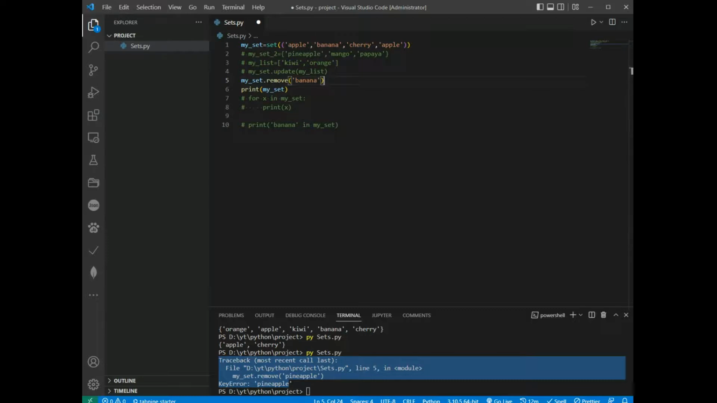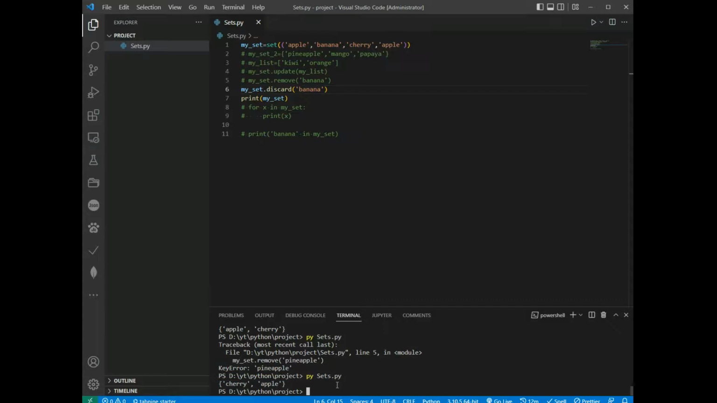And the discard method. So myset.discard, or copy and paste, comment this and discard banana. Save and run, and we don't have banana. But if the item to remove doesn't exist, the discard method will not raise an error. So discard pineapple, save and run, and we have cherry, banana, and apple, and we don't have